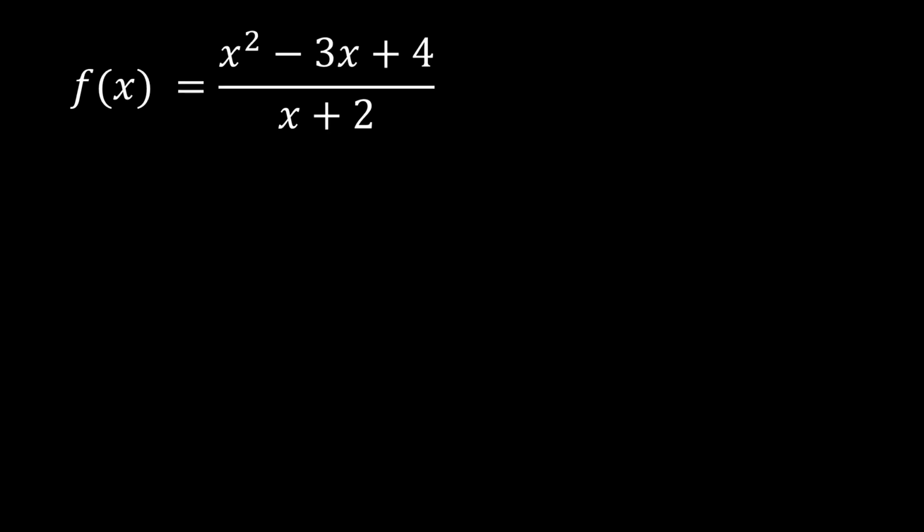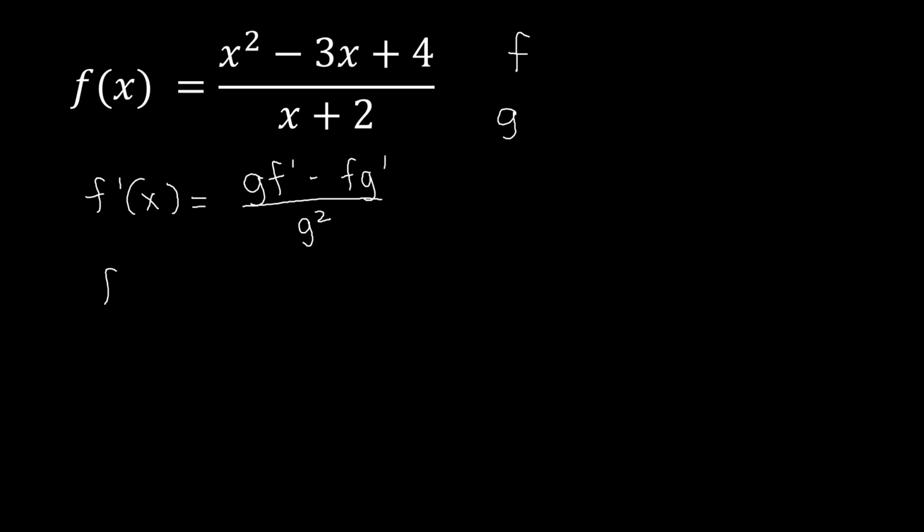Next one, we have f of x equal to x squared minus 3x plus 4 over x plus 2. Getting the derivative of that function in terms of a fraction, we name this numerator as f and our denominator as g. We follow the format for the derivative of a quotient: g f prime minus f g prime over g squared. So following the formatting there, we have now